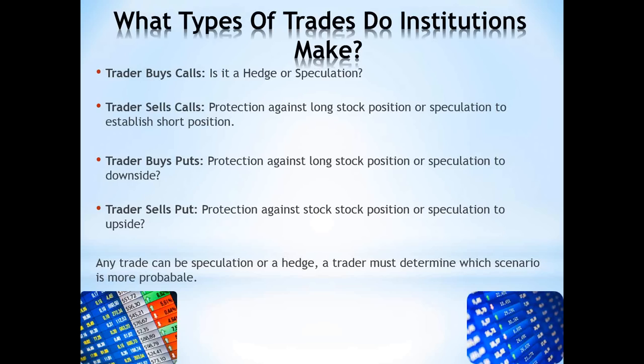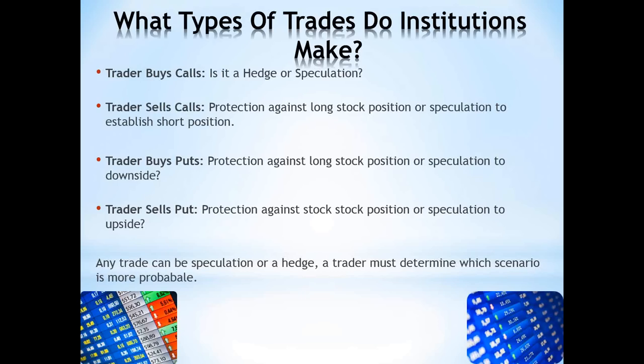Now, I'm not so much concerned with the hedgers. That doesn't really matter to me. They have an underlying position in something else, and they're using equity options to hedge their exposure either to the direction, to time decay, or to implied volatility in that given name. I don't really care about that order flow. What I want to pay attention to is speculative order flow, okay? Why is that? Well, I don't want to buy a hedge that an institutional trader is buying just because they think it's not going to work out. That's not their market view, right? If they're long stock and they're buying puts to protect themselves, well, they're not thinking the stock's going to go lower. They're just buying some protection. If they buy calls expecting a stock to go higher, well, then that's the type of order that I want to follow.